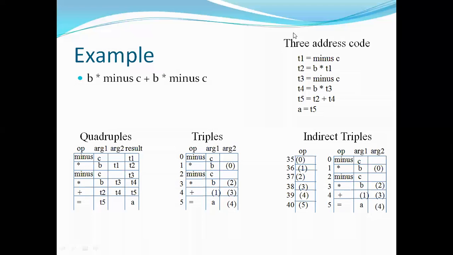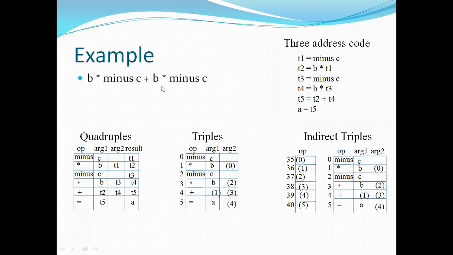First thing is to write a 3 address code. First what we need to do is 3 address code representation is a must. So from this expression, I am writing the 3 address code statements like this. That means intermediate language statements, translation statements like this, based on the 3 address code representations. B into minus c. First, initially I need to store this minus c in a temporary name T1, right? And this minus c is multiplied with b, right? That is T2 is equal to b into T1, as this minus c is already stored in T1. And half of the expression was completed.